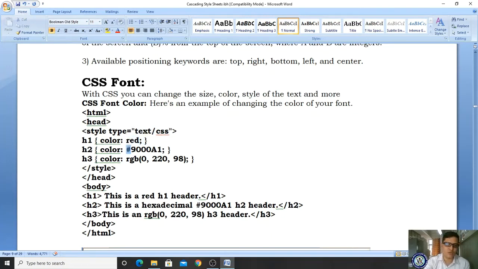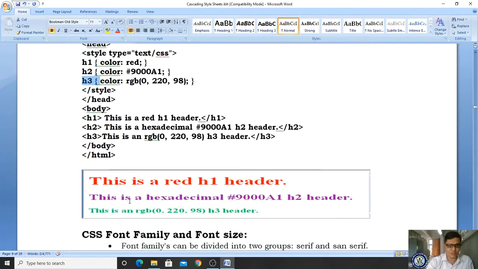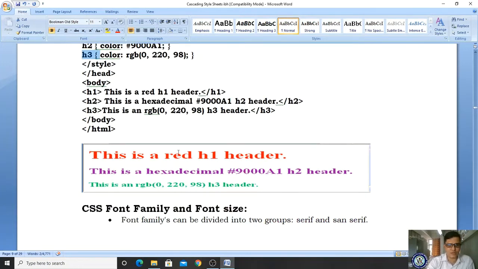Here you are using hexadecimal format, which is also a way of generating a color, and also RGB. In the RGB you are giving these values, and these colors will be applied wherever the heading tags appear in your content. So whenever you run this program, you will see the output like this.